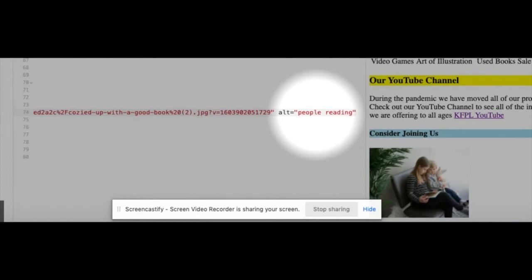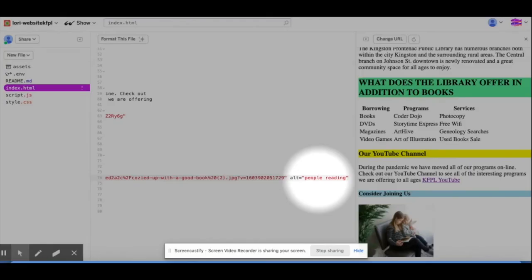I did not want to get too complicated when I was going through images, but it's now time for us to learn that every time we insert an image, we have to have an alt equals describing our image. That's it for this week.